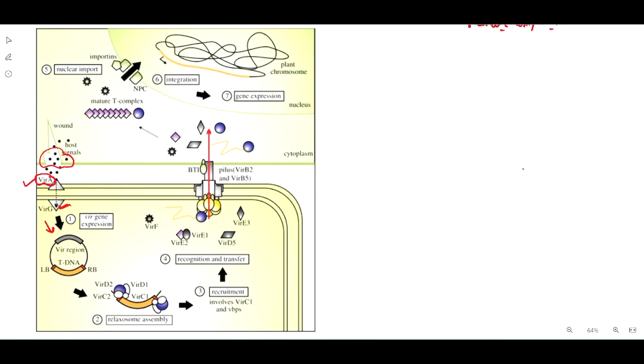the signal is received by the two component system, which is Vir-A and G, then the next step starts, which is the Vir gene expression, and after that the tDNA production starts, which is a very major step in the Agrobacterium tumefaciens pathogenicity, right? So during the tDNA production, a complex of proteins is formed, which is called the relaxosome